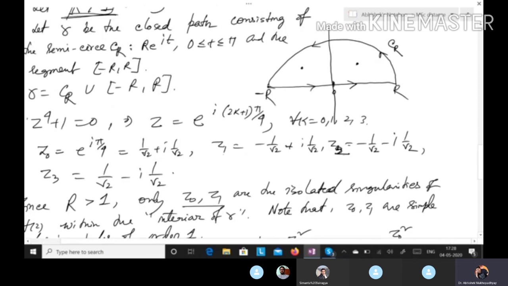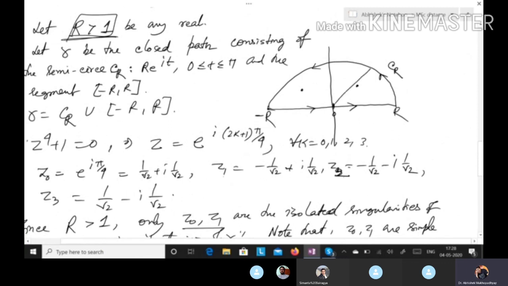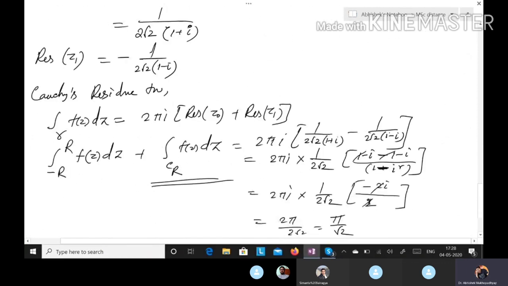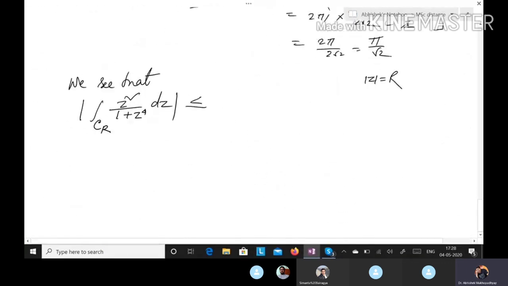Look at the picture. This is r, the radius is r. So over here mod z is r. So this will be less or equal to r square by,